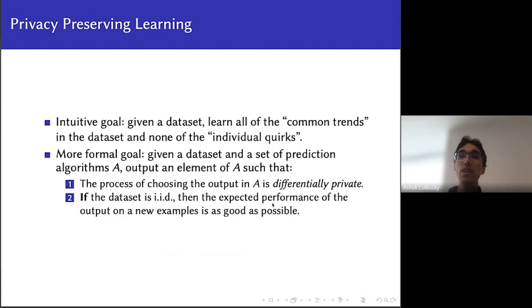And the second one is a little bit more optimistic. You're saying, look, if there is something to learn in this data, if it does describe some distribution that I'm interested in, then I would like to learn that information. So the first one is arbitrary worst case. The second one is if the data has some nice property, I'm going to learn that property. But if it doesn't, then all bets are off.